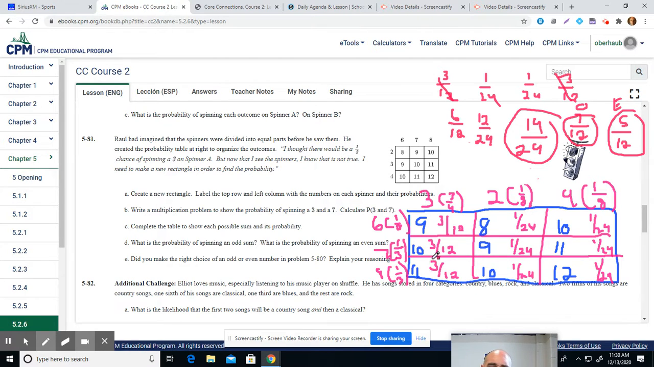But notice how, because the spinners were different sizes, it really changed things. Our probability table changed. Anytime we want to make a probability table like this, we have the chance of one event happening, the chance of the other happening, and then we multiply. All these years that we've been doing generic rectangles, we were getting ready to do stuff like this. We were setting you up to make a probability table. So hopefully this